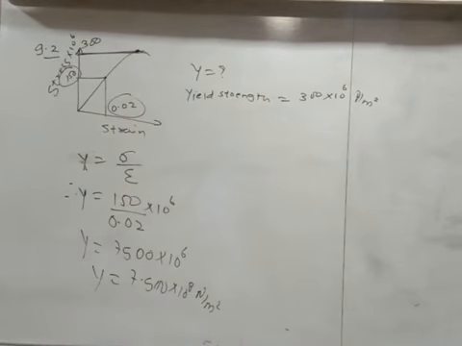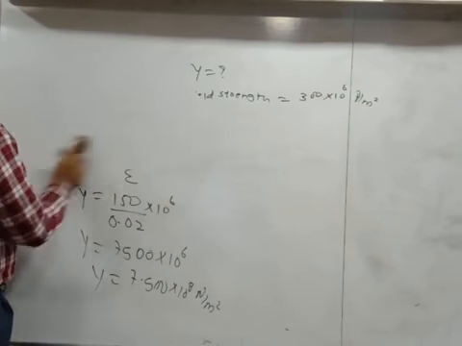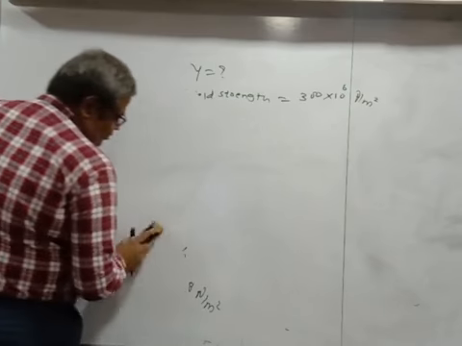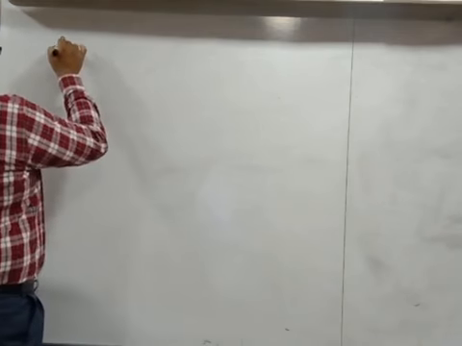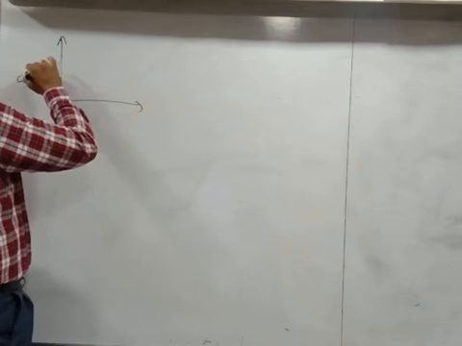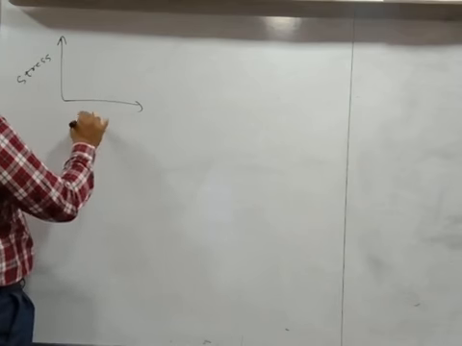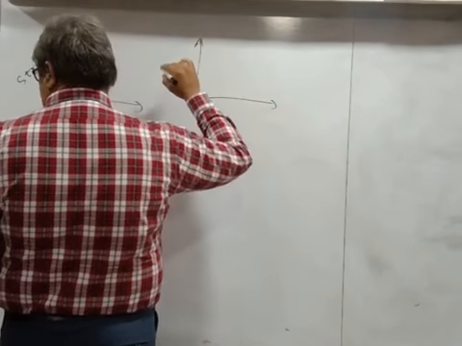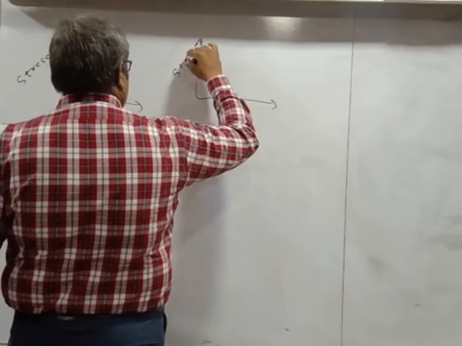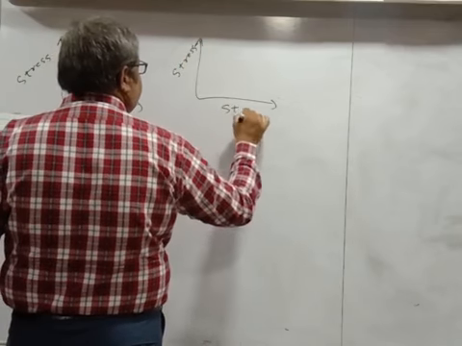Okay. Now example number 9.3. In example number 9.3, what you are given, listen, the stress strain graphs for material A and material B are shown. So let me draw the two graphs. Like this is stress, and here you will be given strain. Here also this is stress, and here it is strain.